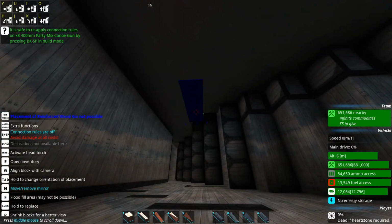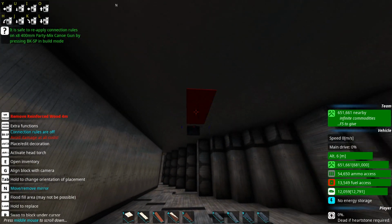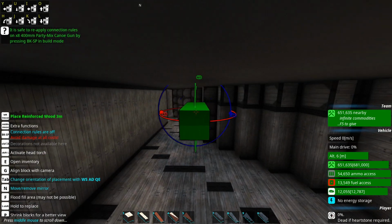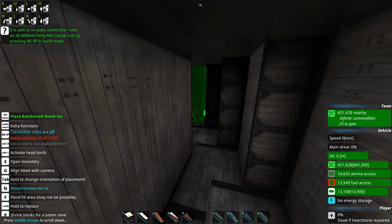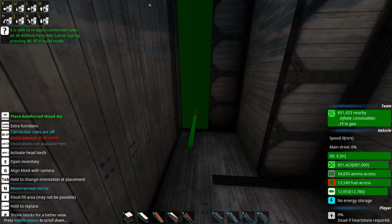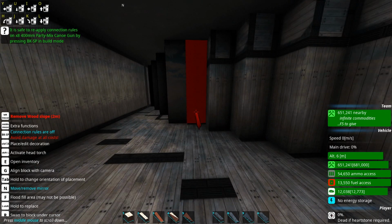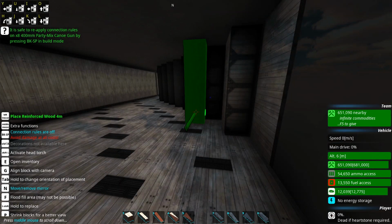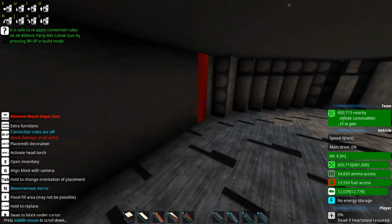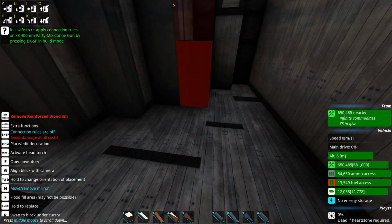Alright, so now that he's gone, what's happening on screen again? Oh yeah, a lot of... Funny thing with reinforced wood, I always try and arrange it so that the bit that looks like wood is the most visible, which means I get weirdly anal about using it inside interiors, particularly when, no matter what, you're gonna see both sides of it. And here is my big brain move, where I ensure that all the wooden slopage on the outside has a backing of reinforced wood, because armor stacking is still a thing, and it can save your bacon. And if you can't eat bacon, it saves your